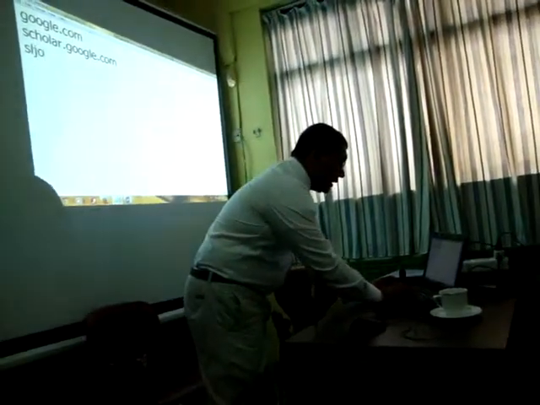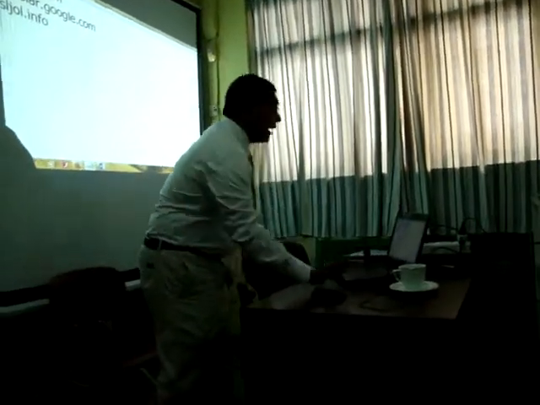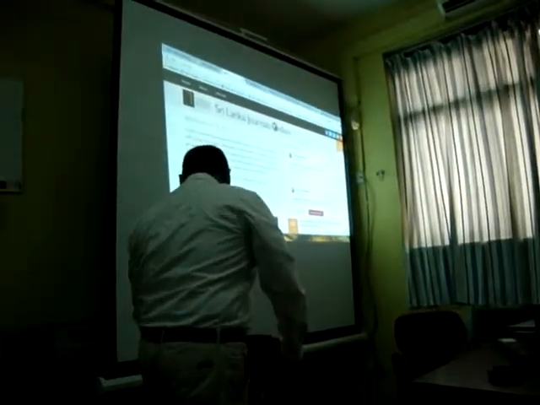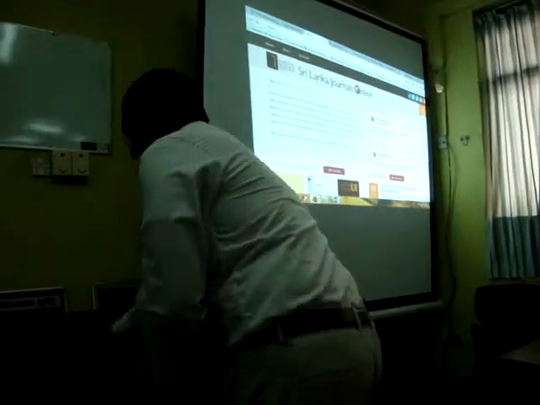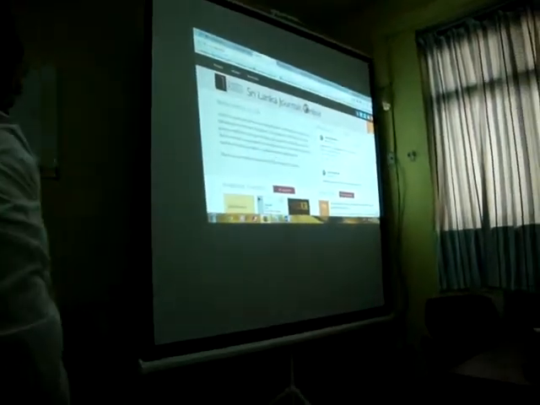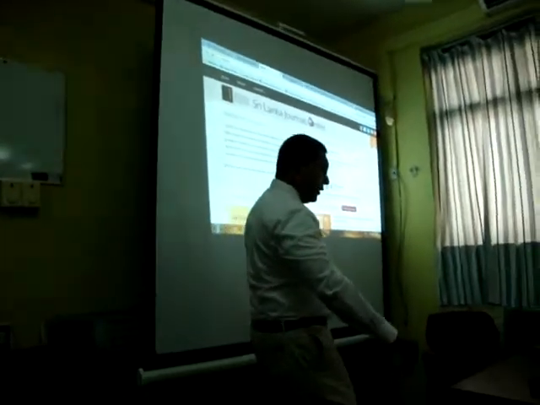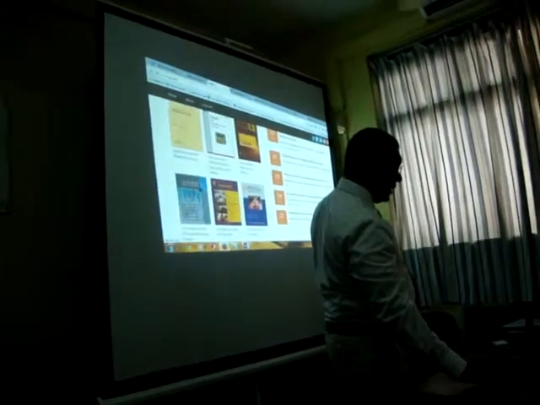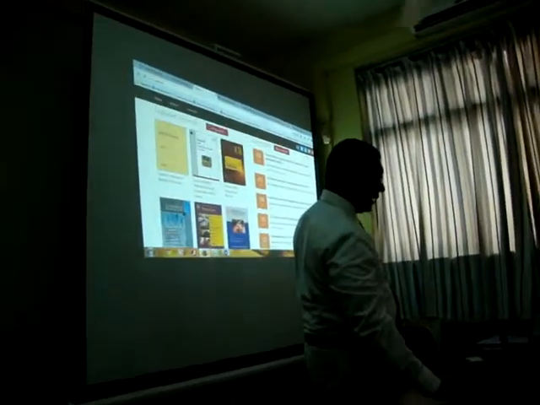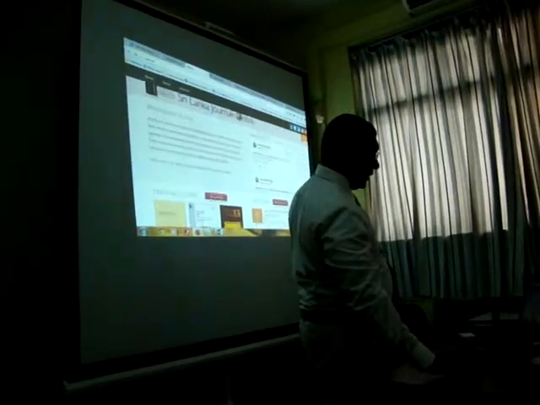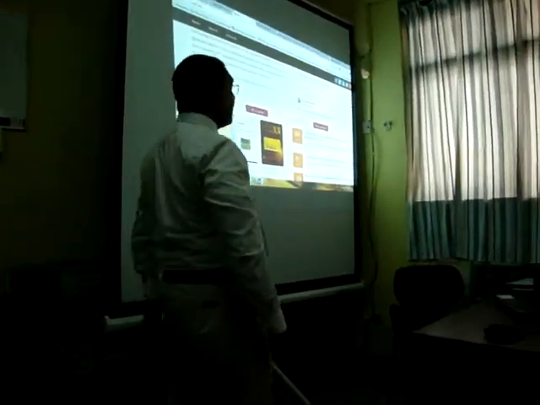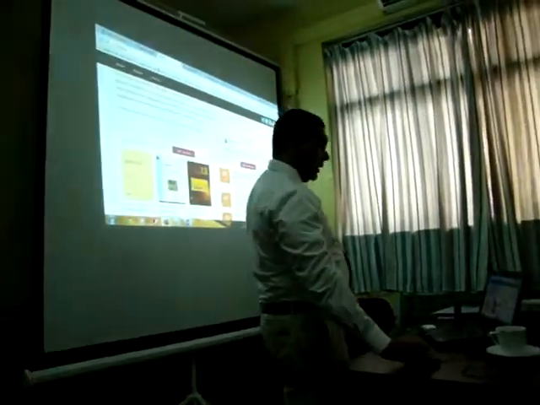If you want to get the Sri Lankan content, you can visit sljol.info, that is Sri Lanka Journals Online. So there you can have a lot of medicine related articles, medical journals published in Sri Lanka. Actually, there are lots of other subject areas also, but mainly most of these journals come from medical disciplines.